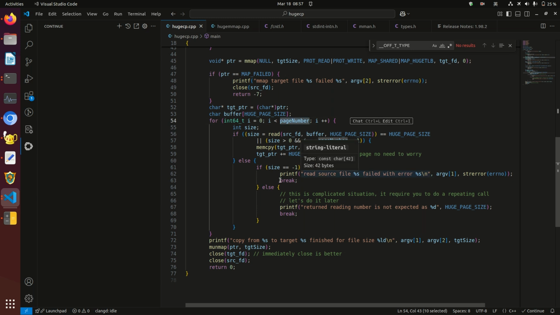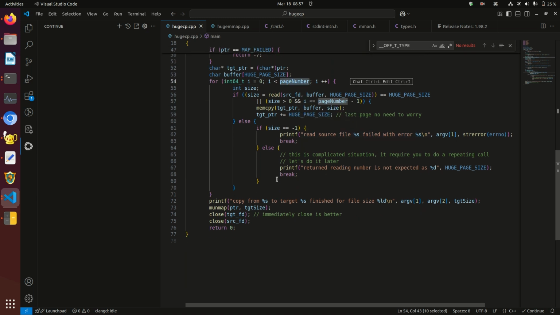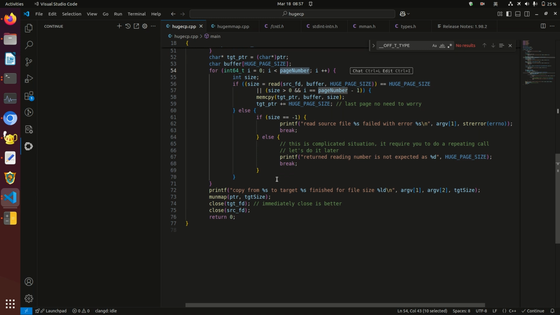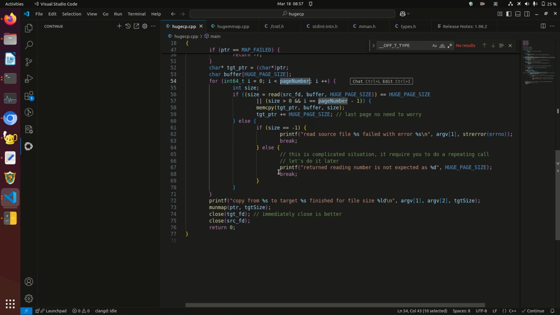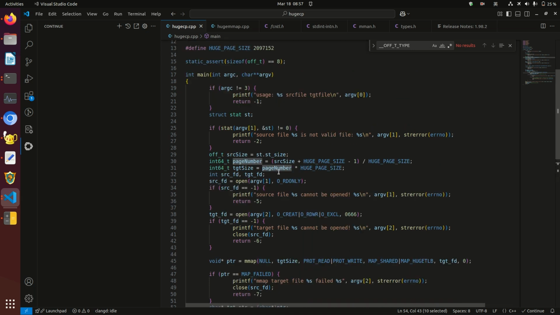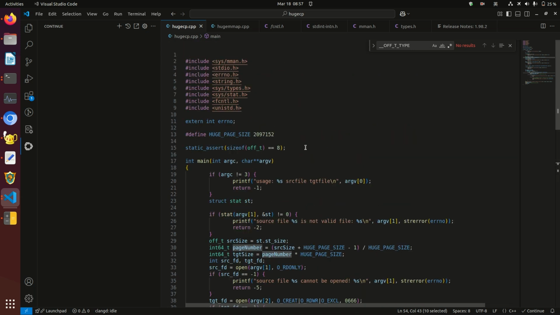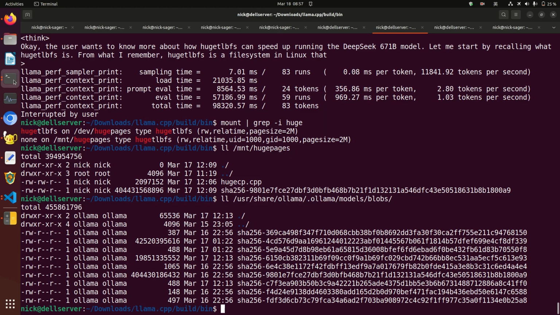You can do better. I don't know if it's workable if you do multiple pages at one time. Maybe it works, but there's no point for me to try those things. So this is just a simple one. You can use this simple program to do a copy. That's it. And of course, before doing that, you have to make sure that you actually allocated that